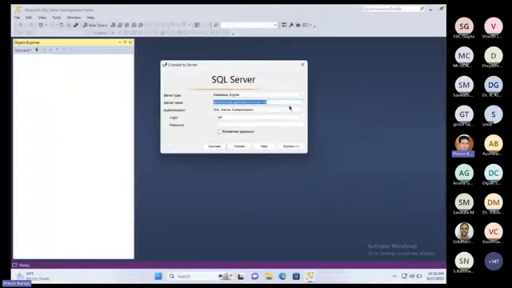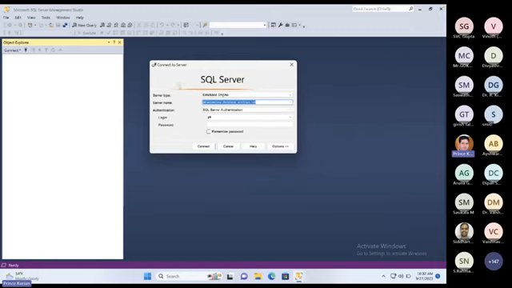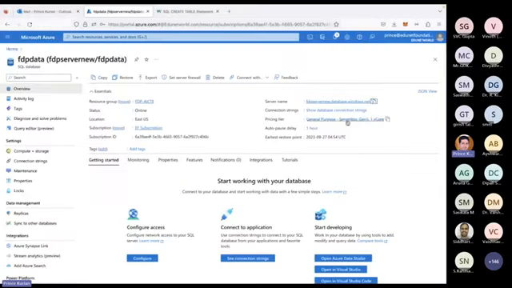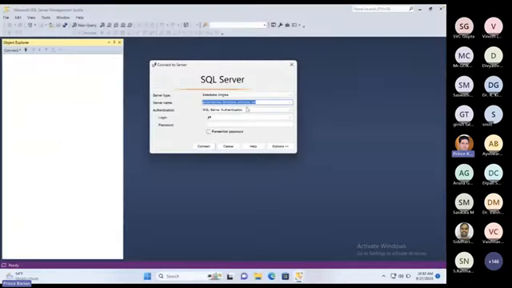But I am going to connect the database from my Windows machine. For that, I am using this SQL Server Management Studio. It is free to download. I hope you have already downloaded it. If you have, you can just open it, and I am going to connect. The database is in the cloud. I know the server name. The database is there. So I am pasting that